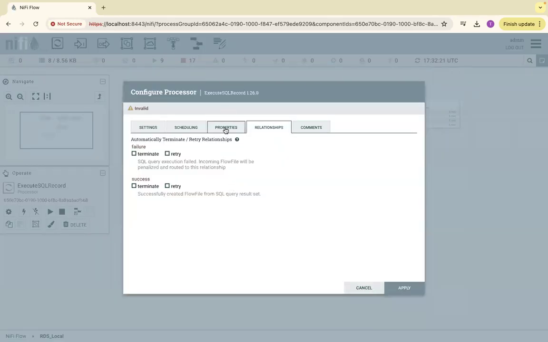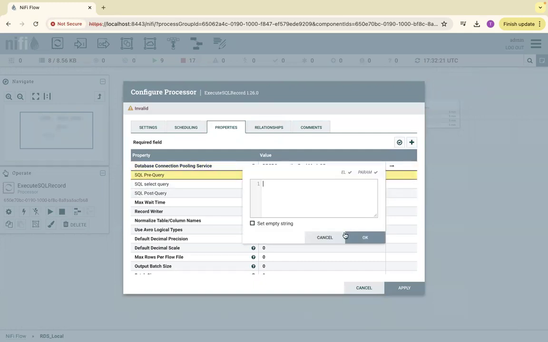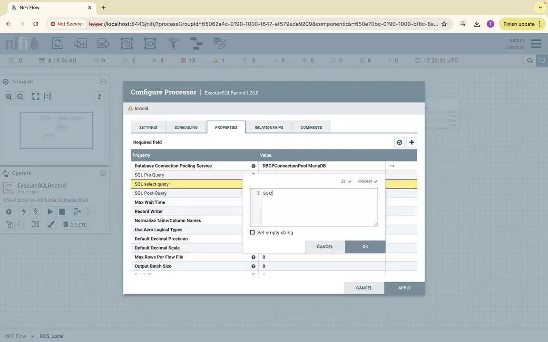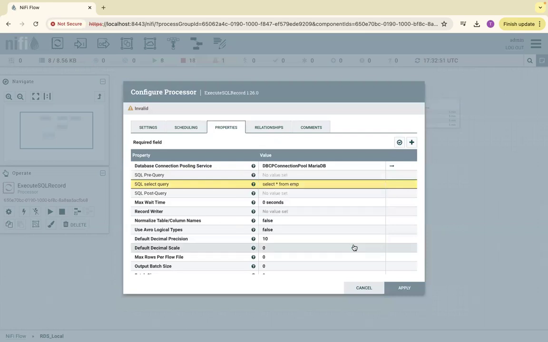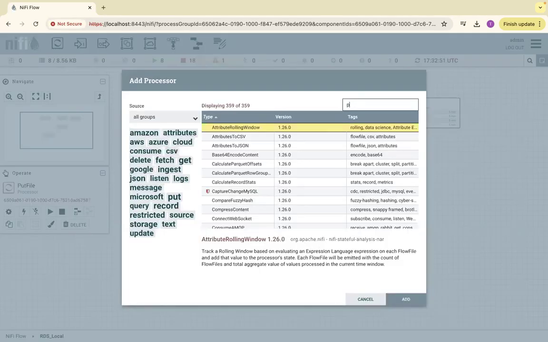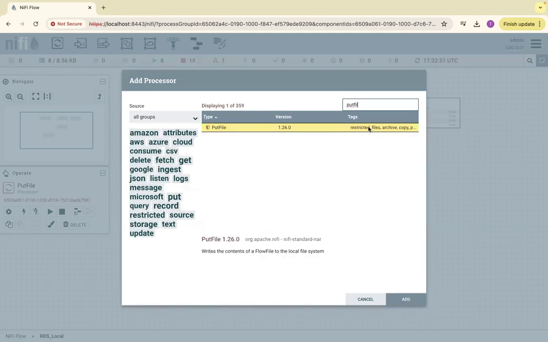We're going to configure properties and then the same database connection pool, and then select the queries, select star from EMP. And for simplicity, I don't use any error handling. We'll just use put file,